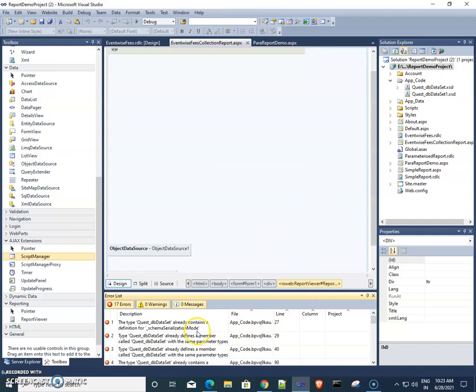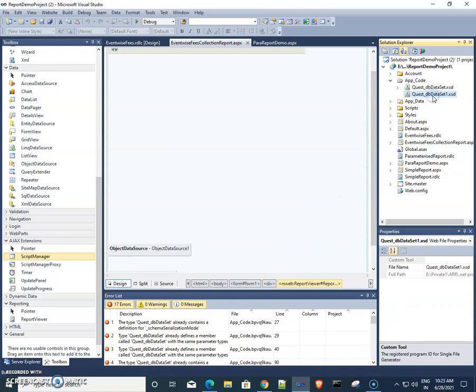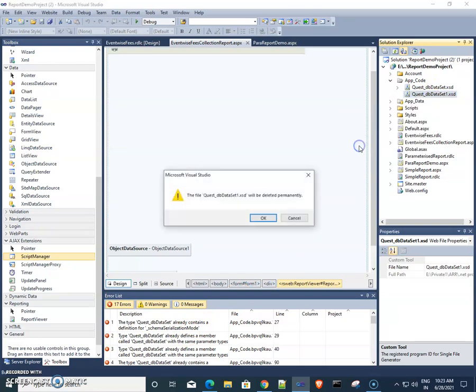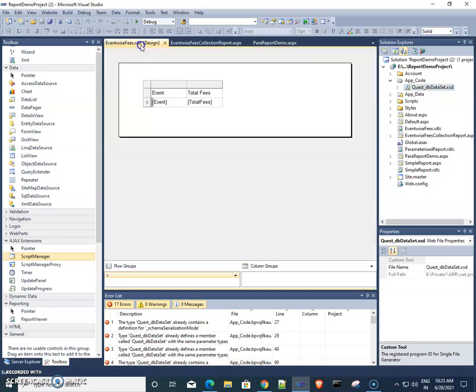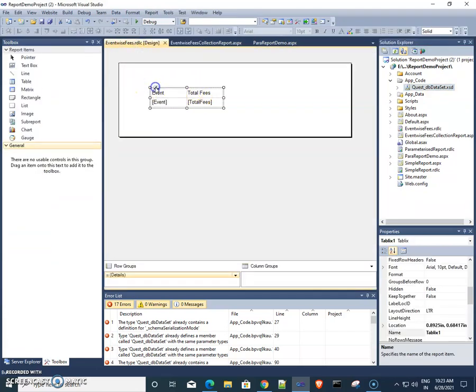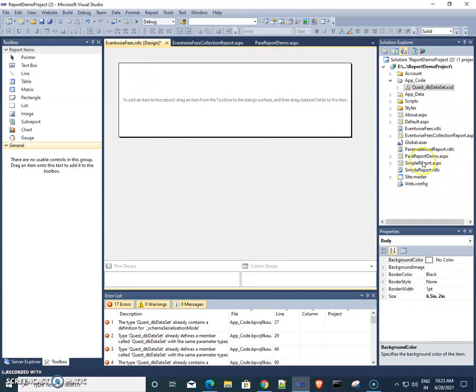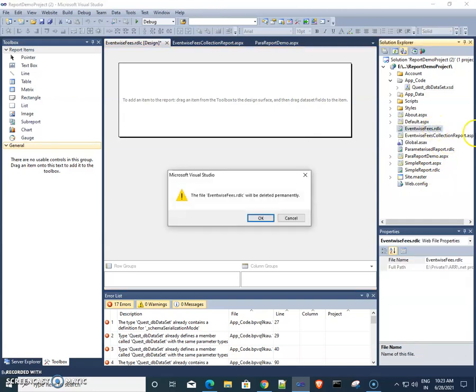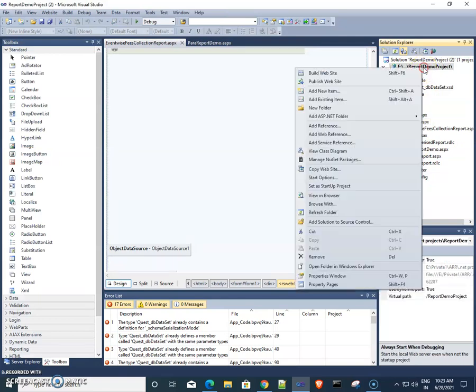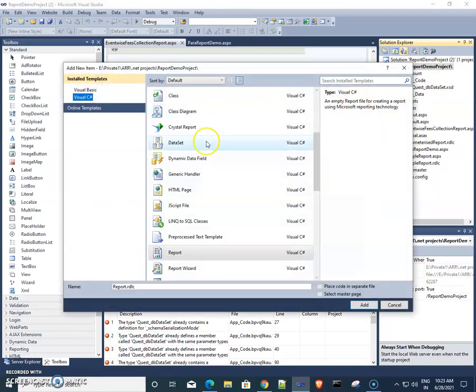what happened? Okay, once again we create this. We remove this RDLC and once again we create one RDLC report, event wise fees.